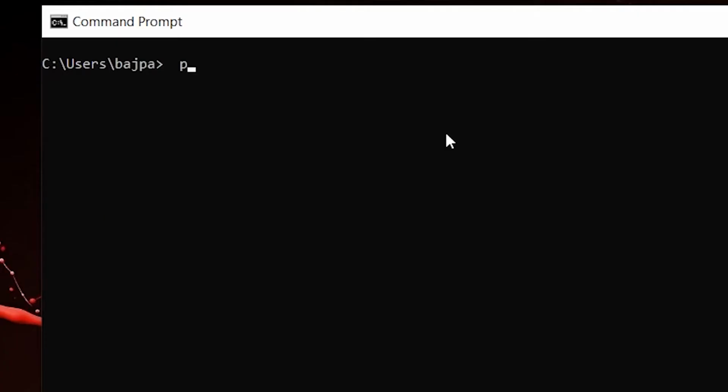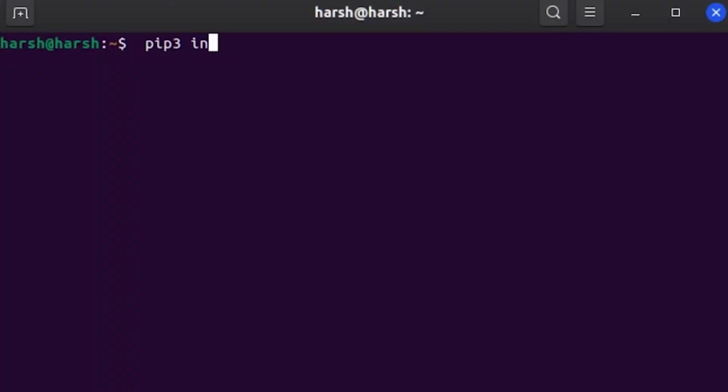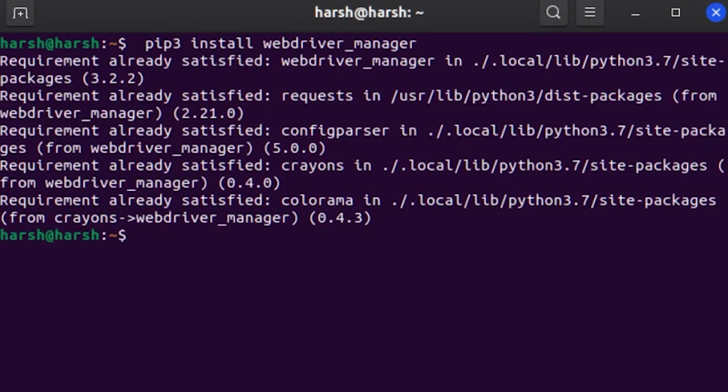Similarly, open your terminal and for Windows users type pip install WebDriver_manager. If you are a Linux or Mac user, then type pip3 install WebDriver_manager and hit enter. In my system, WebDriver Manager is already installed.